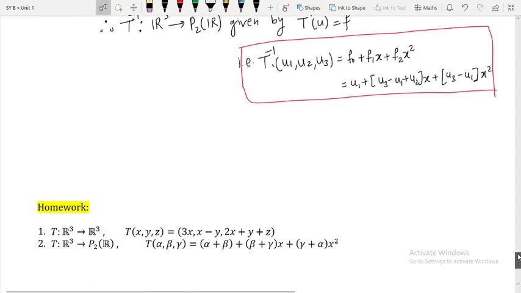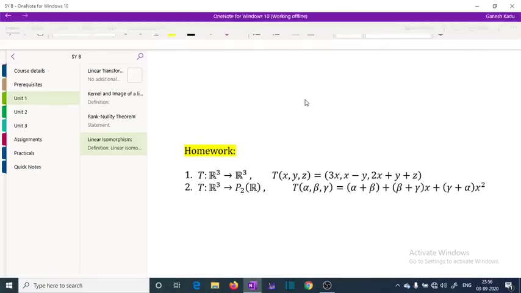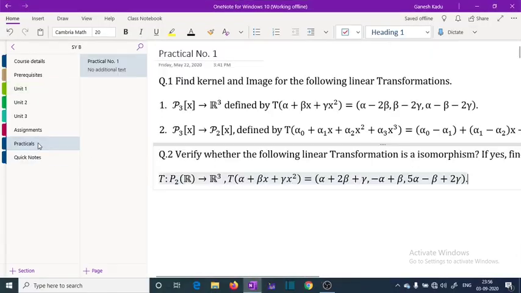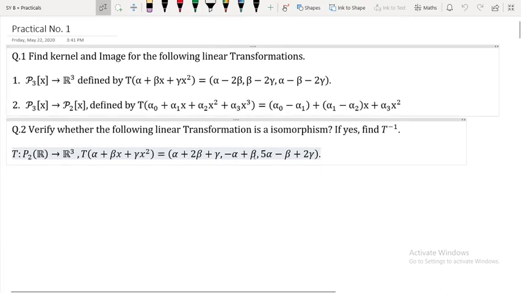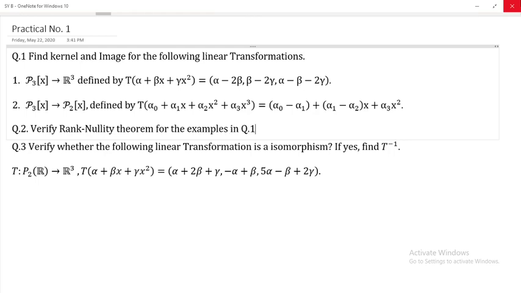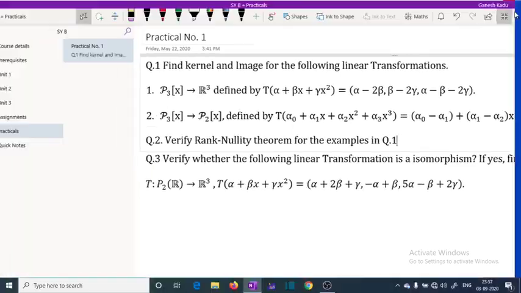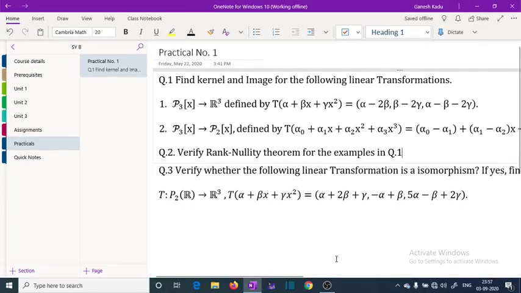There are a few more examples, but they are a different kind of examples that we will see in the next class. These two examples are for homework, you can take a screenshot. A few more examples are there, in the sense one example in practical. So now this is question number 3, and your question number 2 is, can you guess it? Simply take a screenshot of it and you can start solving the examples.